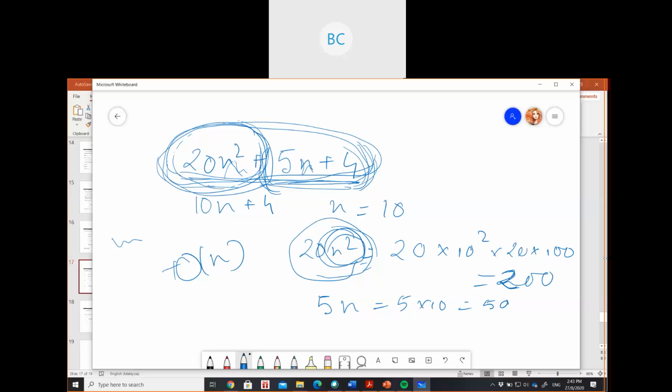Let's take one more example. If I now give 10n cube, 10n square, 10n plus 5, which one are you going to consider? 10n cube. Yes, correct. We are only going to consider this 10n cube portion. Why? Because only this term is giving you the maximum time that an algorithm or program can take. Therefore, we will simply ignore this part and take only this part. Is it clear to you guys?